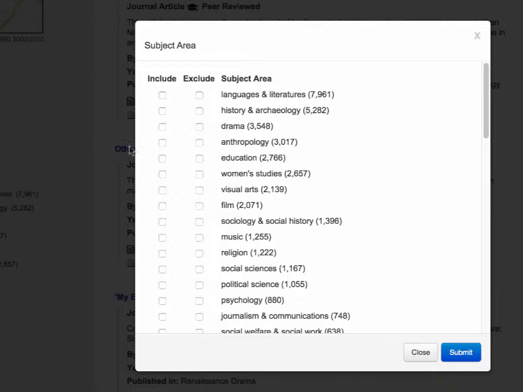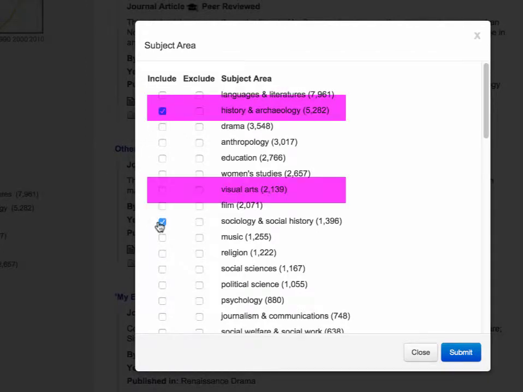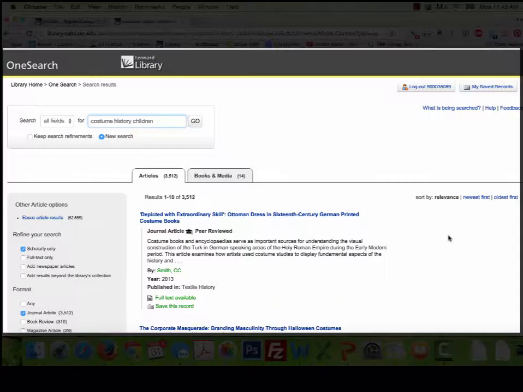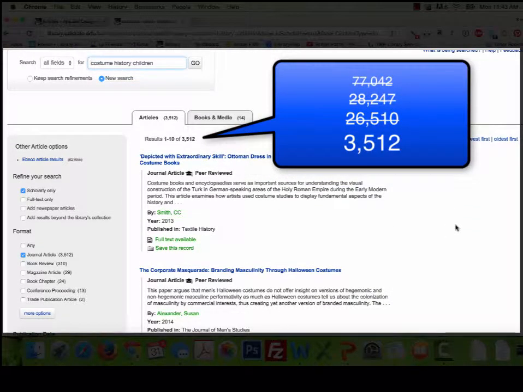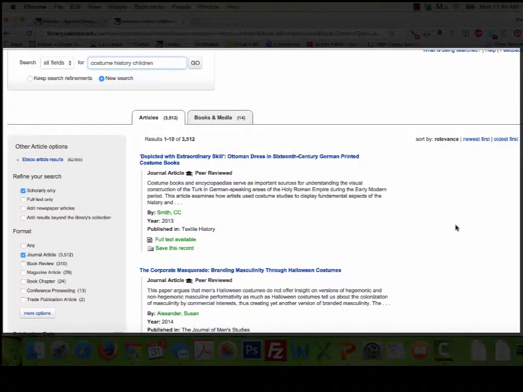For historical costume research, I recommend checking off History and Archaeology, Visual Arts, and Sociology and Social History. Choosing just those subject areas brings us down to a list of just 3,500 articles. Now, that still is a huge amount, but it's not 77,000. Notice that the articles are sorted by relevance, so theoretically, the first couple of pages will have the most useful